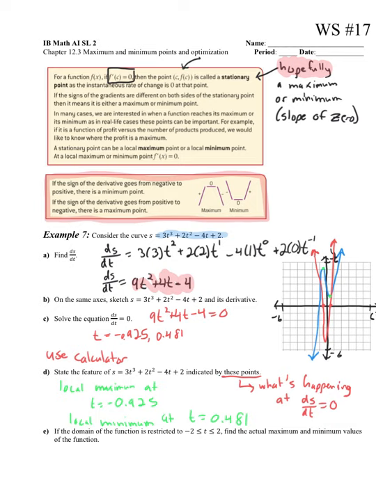All right. It's just kind of a weird problem. I don't love the way it's worded because it was just "as indicated by these points." Like, what points? And then last part E says if the domain of a function is restricted. So now we just want to look at the viewing window from -2 to +2. Find the absolute